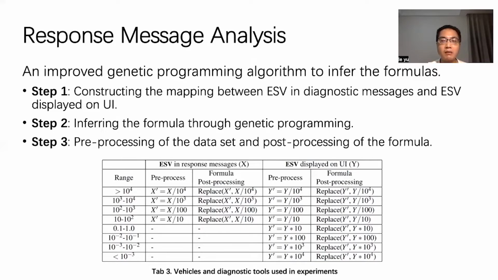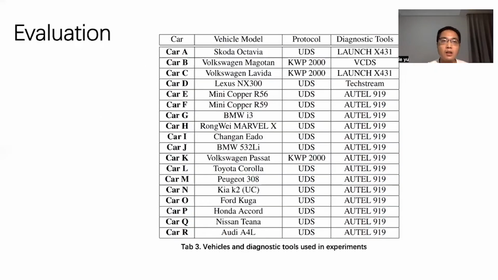Especially, we find that if the values of variable x or variable y are very small, for example, most of them are very close to 0, then the genetic programming algorithm cannot correctly infer the formulas. To overcome this issue, we customize the genetic programming by increasing or decreasing the values of the variable x or variable y in the pre-processing. To evaluate the performance of our system, we selected 18 vehicles and 4 real professional